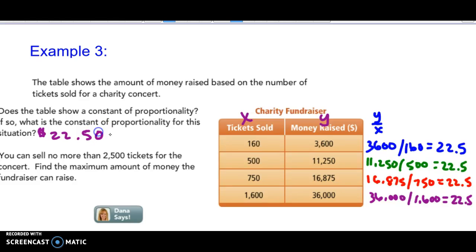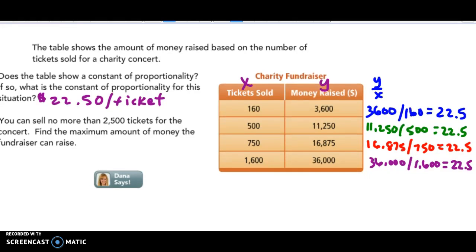So it's $22.50 per ticket. And we can sell no more than 2,500 tickets for the concert. Find the maximum amount of money the fundraiser can make. So